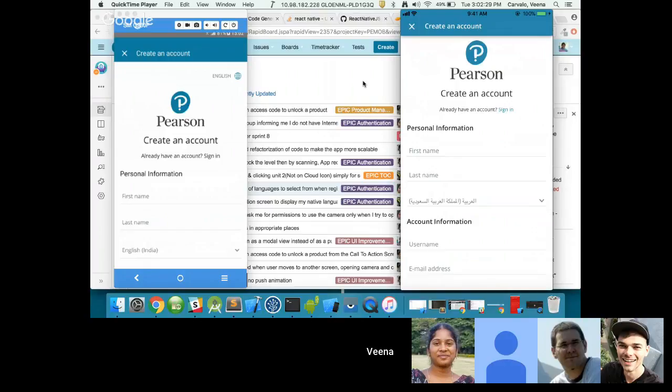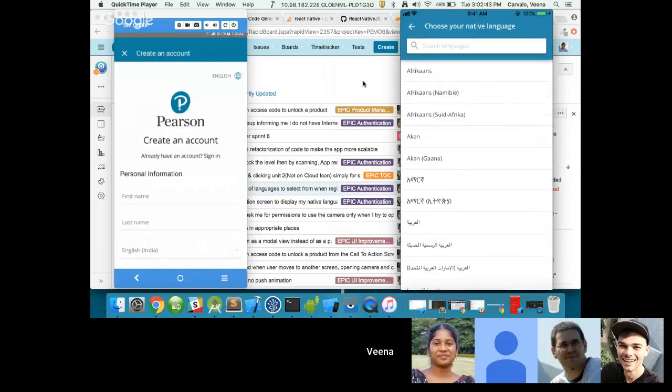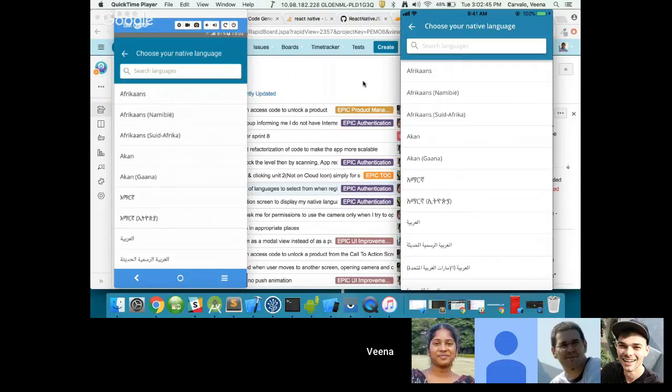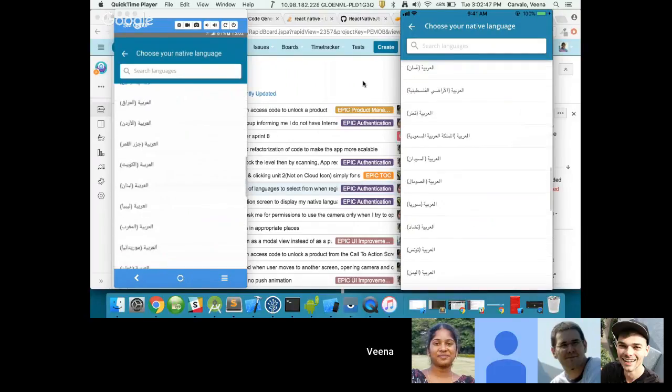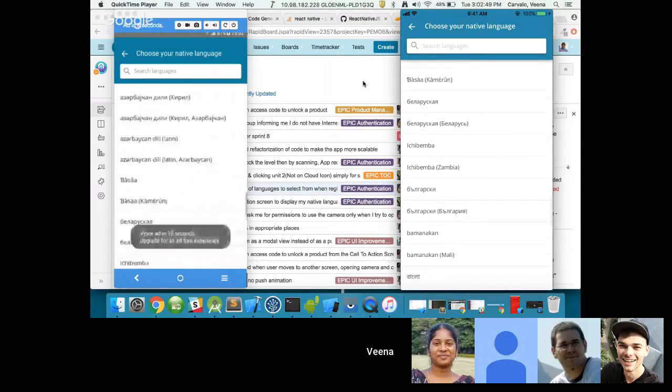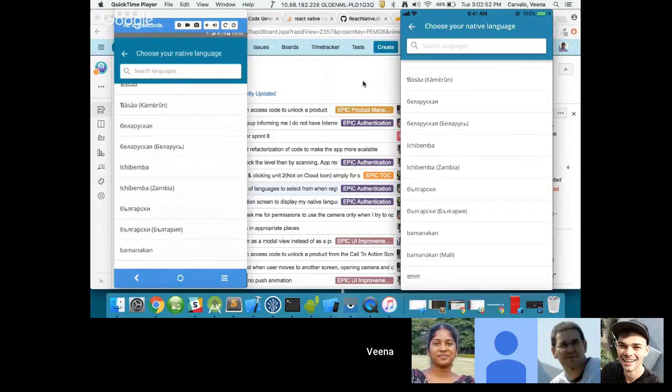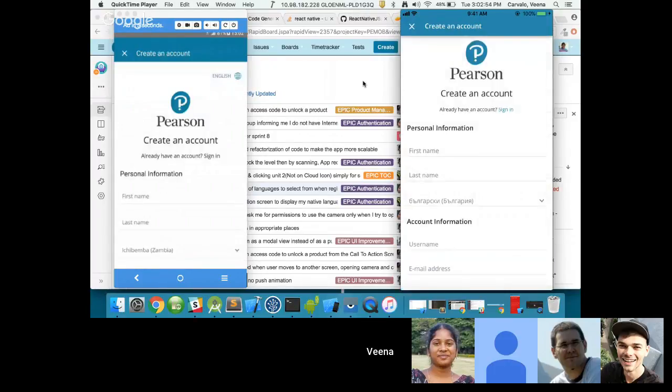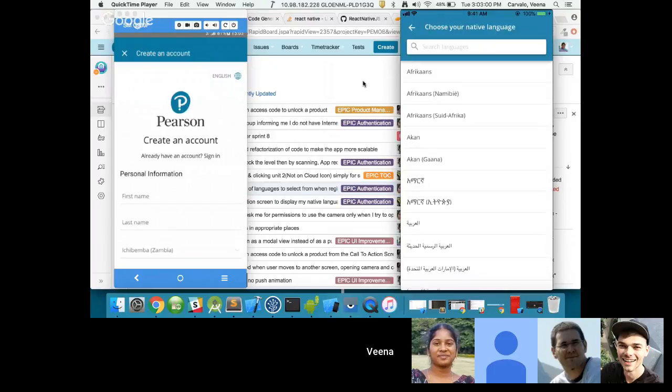And in this device, before, Valyapan has tested by changing the language, so it is with Arabic. And again, if the user tries to change the language, the list of languages is shown, and if the user clicks on it, the user can change the language according to this. And if the user tries to search the language,